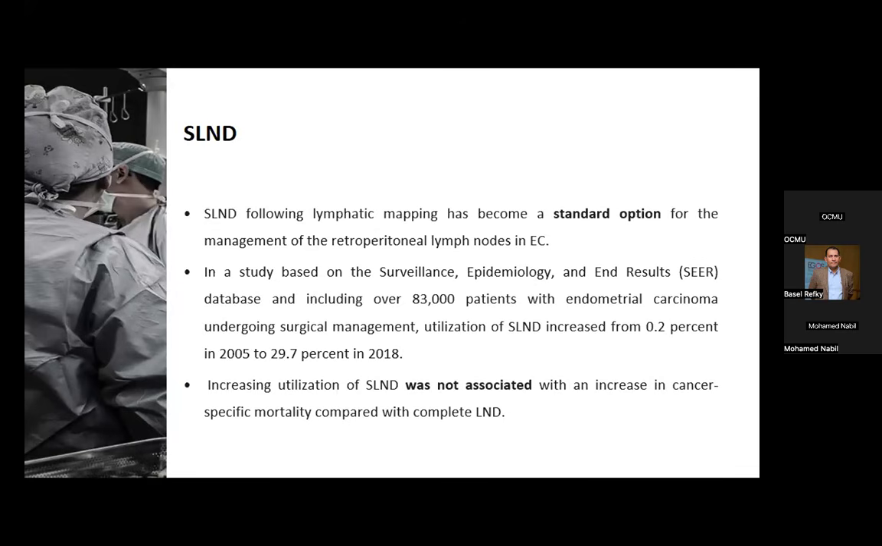In a study based on the Surveillance, Epidemiology, and End Results (SEER) database, including about 83,000 patients with endometrial cancer undergoing surgical management, utilization of sentinel dissection increased from 0.2% in 2005 to nearly 30% in 2018, and I think these numbers are increasing much more. Increasing utilization of sentinel lymph node dissection was not associated with an increase in cancer-specific mortality compared with complete lymph node dissection. This is a very important sentence. So we can spare the complete pelvic lymph node dissection even in the high-risk group with the sentinel lymph node